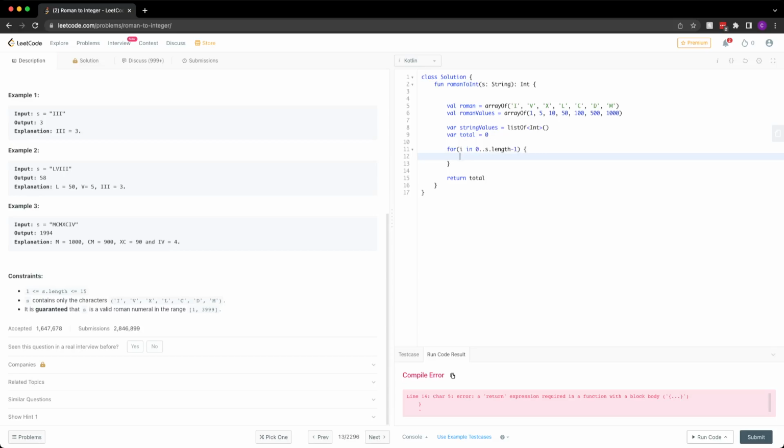So I think what we can do is let's change this to just a list, and then in this loop we can do string values dot add, then Roman values at s dot char at i.